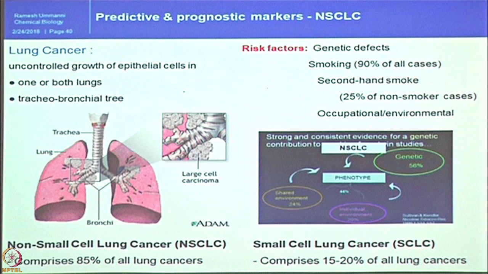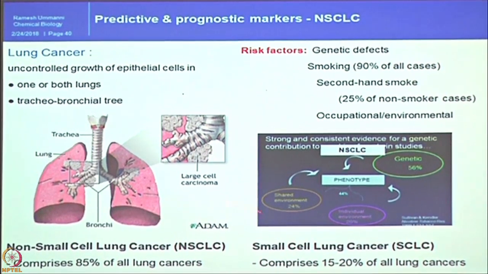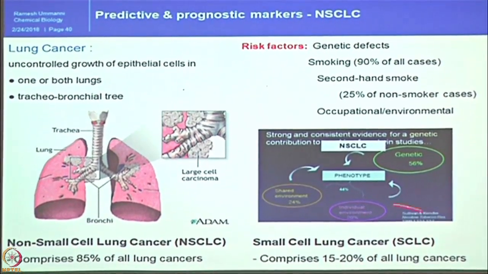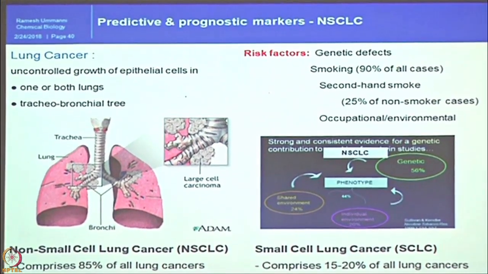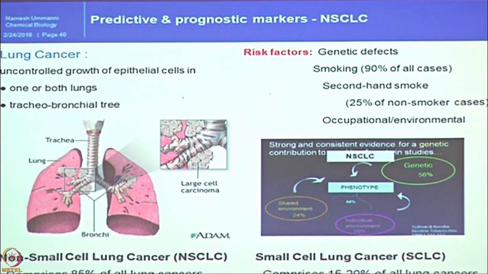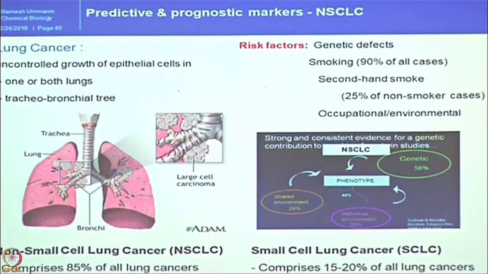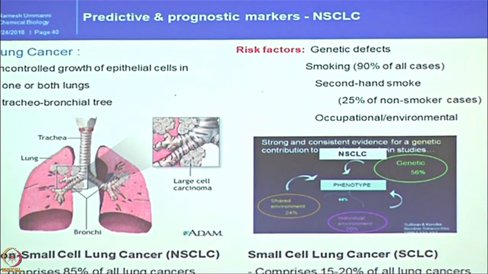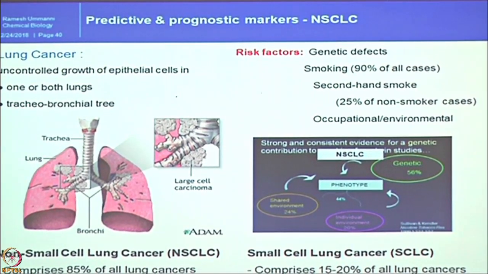Lung cancer, I do not want to go into more details, and it definitely has two different types, non-small cell lung cancer and small cell lung cancer. Non-small cell lung cancer is about 85%, only 15 to 20% are small cell type, but today both cancers are difficult to treat. Though having a lot of drugs, it is very difficult to treat, and still the mortality rate is high, due to several reasons, that different subtypes of non-small cell lung cancers are there in the patient.